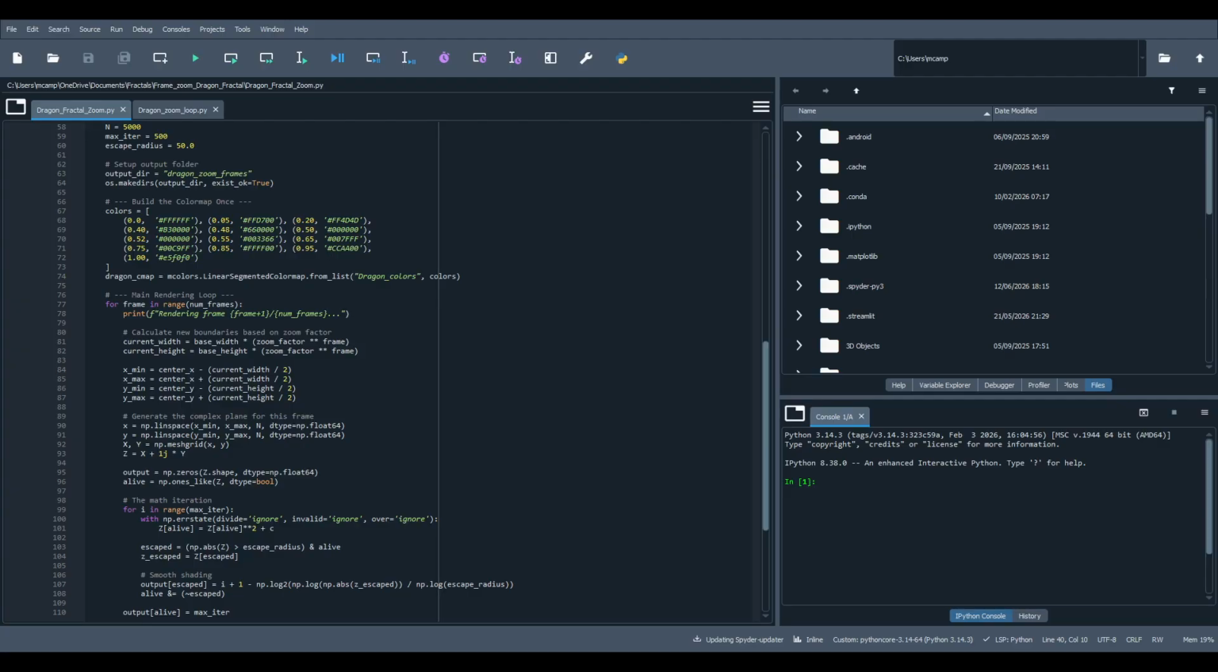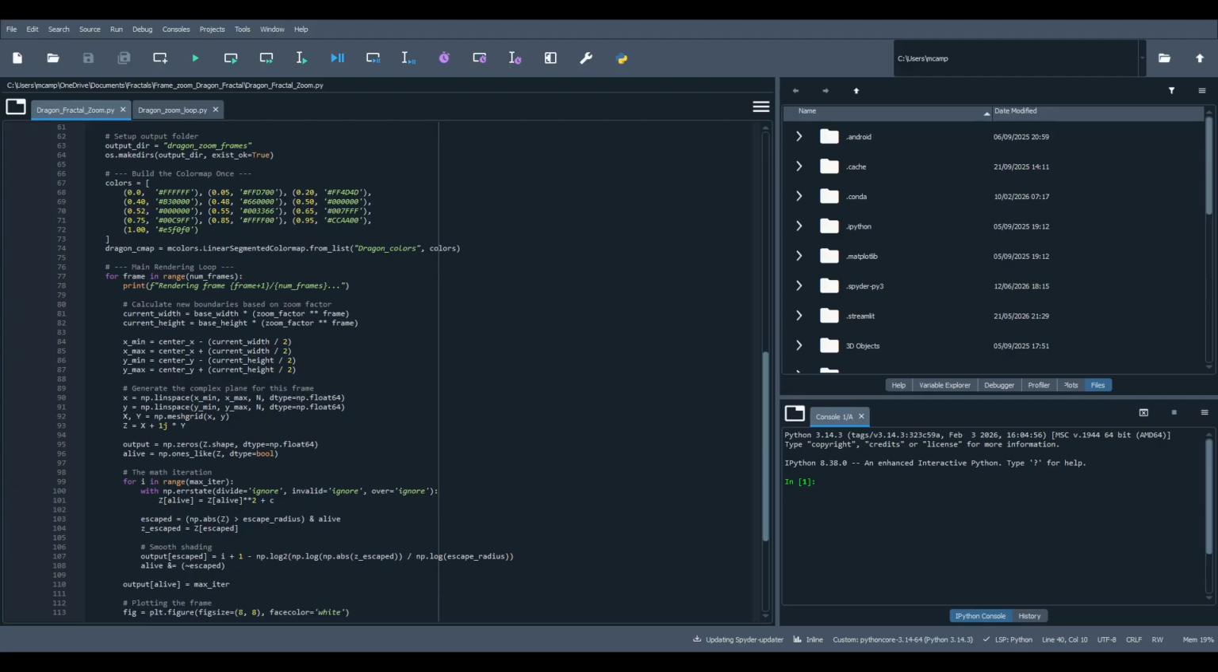After there is the main rendering loop, there is the for. It starts the loop that will run from the first frame through the total number of frames. Here it prints the current progress of the generation of a frame. In line 81,